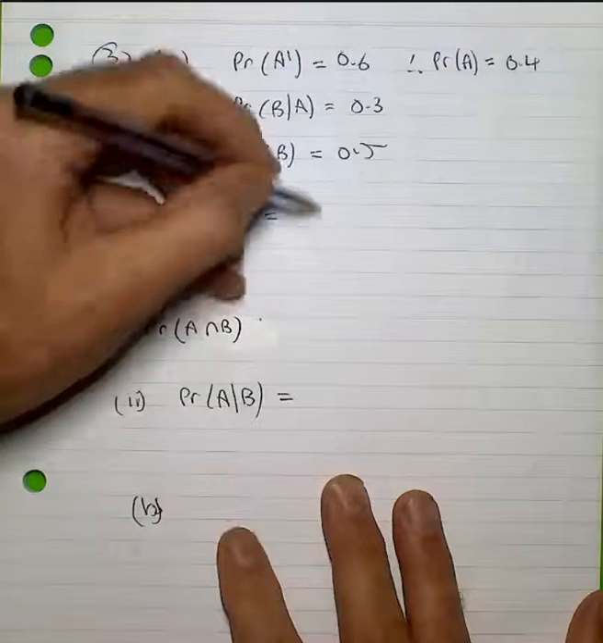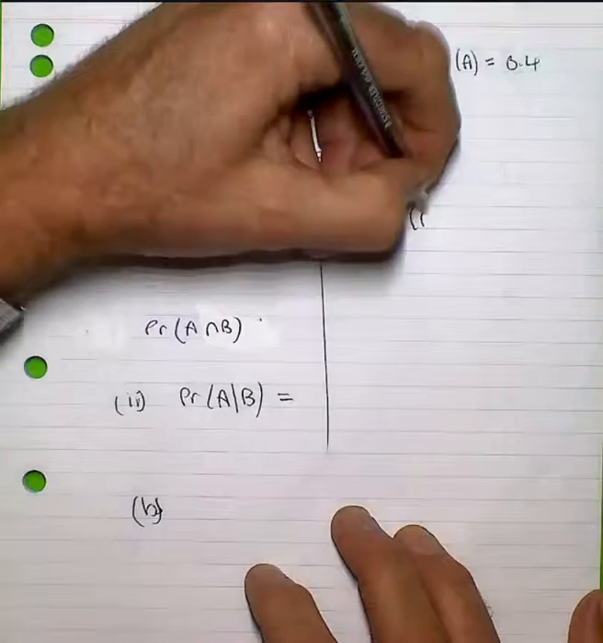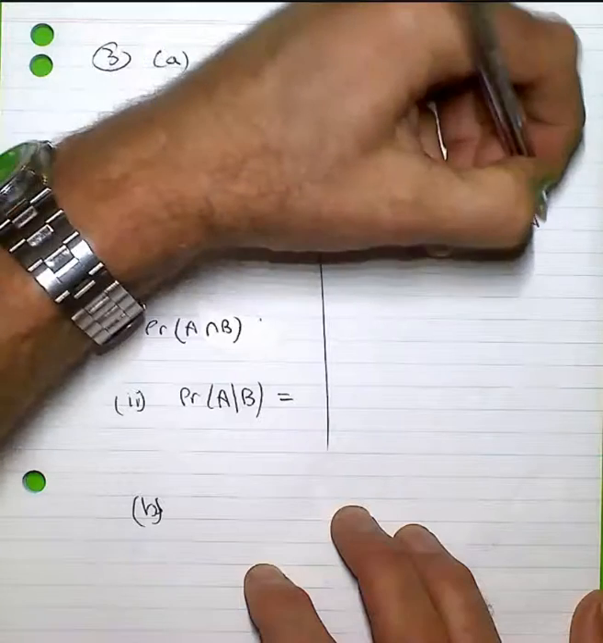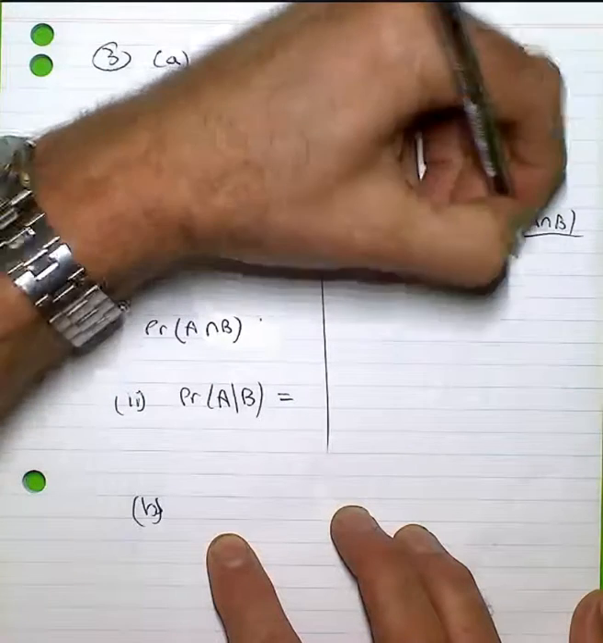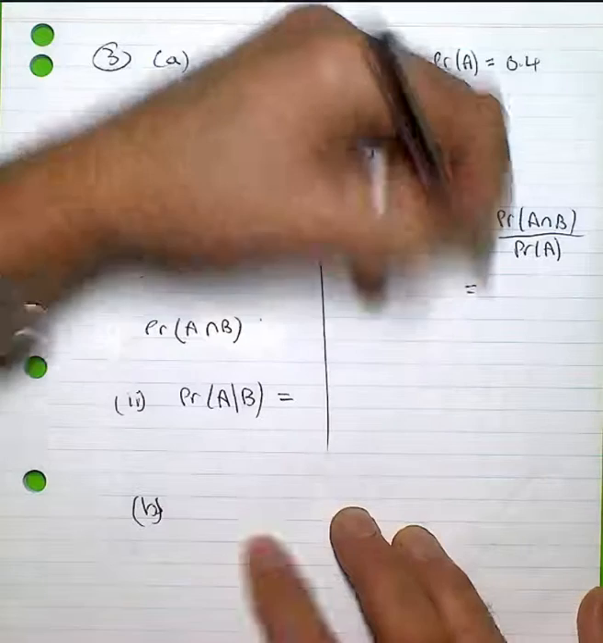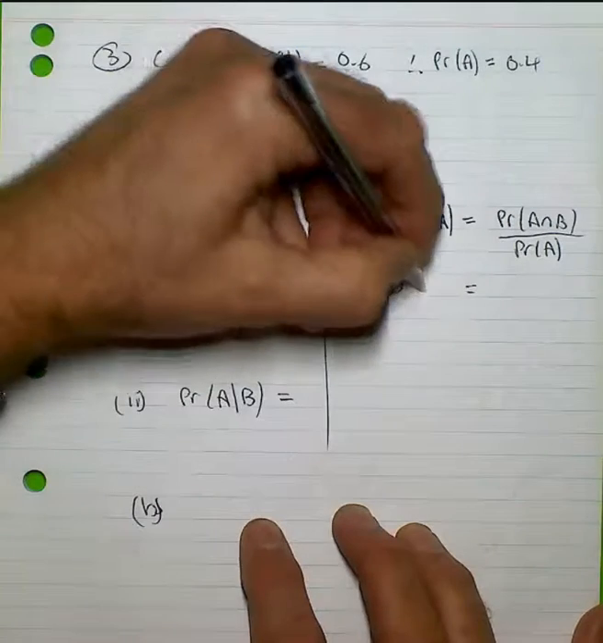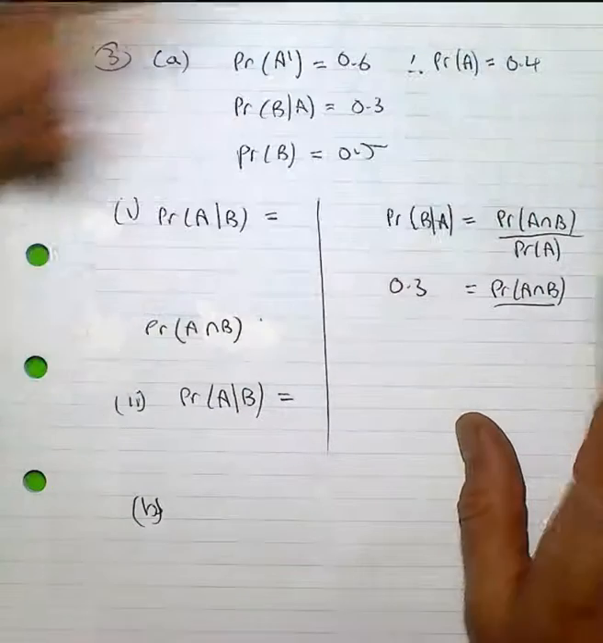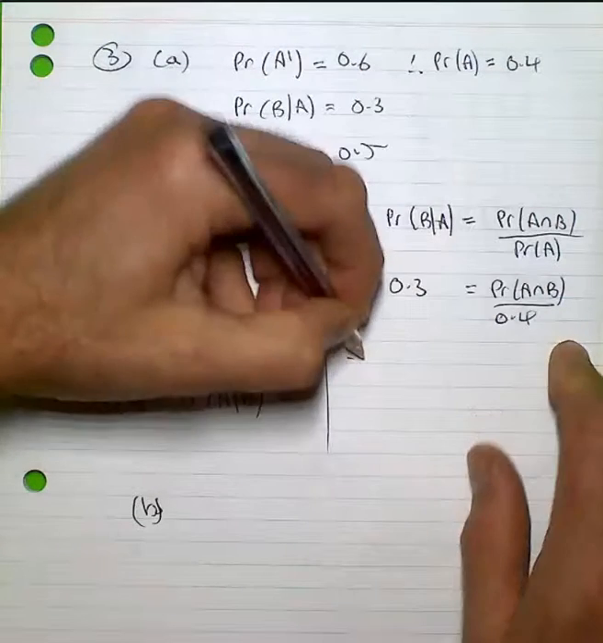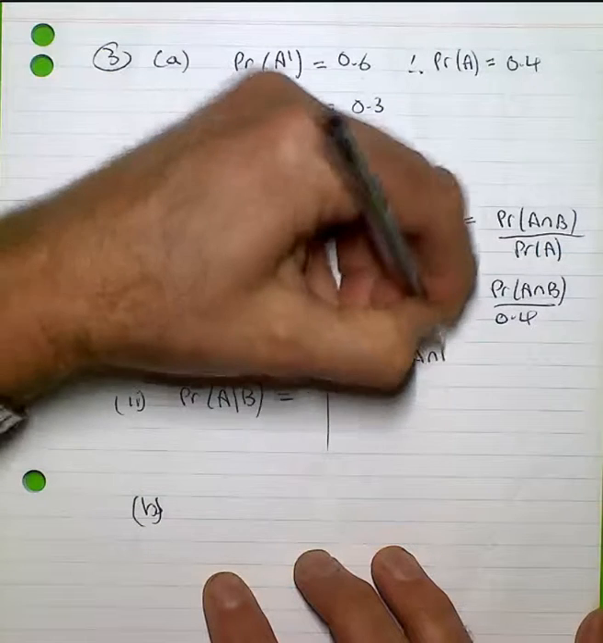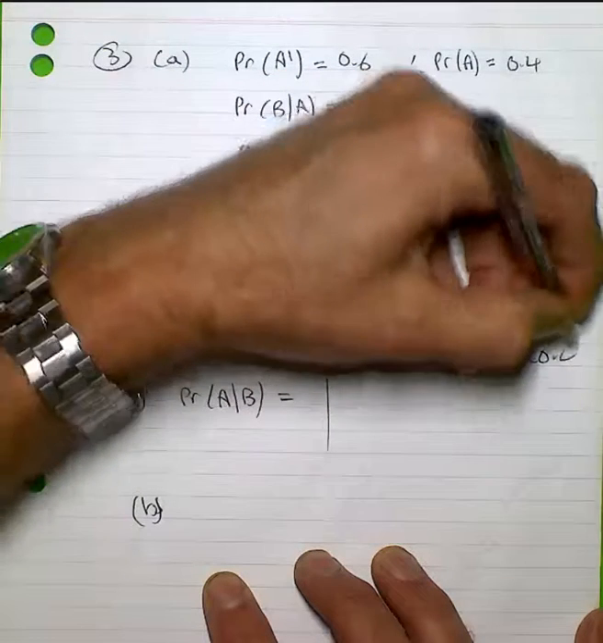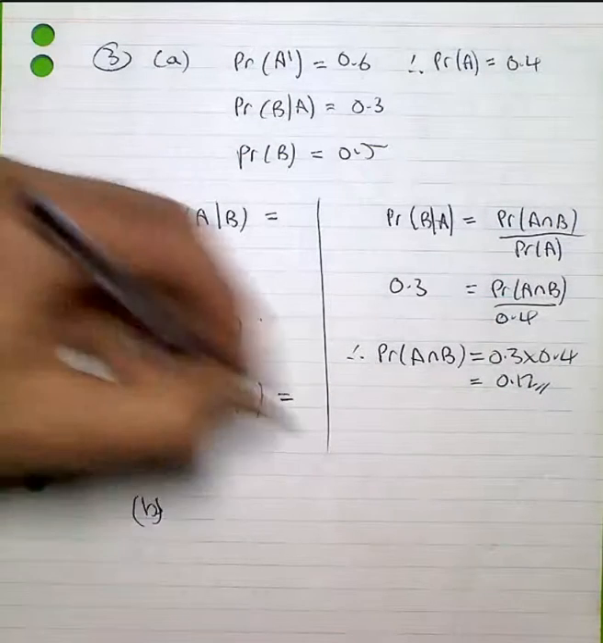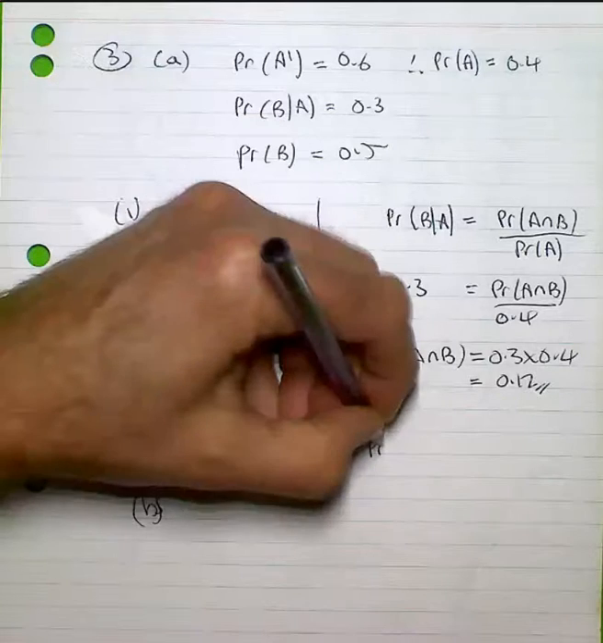Now, I'm going to work, firstly, with the probability of B given A, and that will equal the probability of A and B occurring, given the probability of A has occurred. Now, that's 0.3. I don't know what the probability of A intersect B is. Probability of A is 0.4. So therefore, the probability of A and B occurring is 0.12. I now have enough fuel to be able to go ahead and find the probability of A